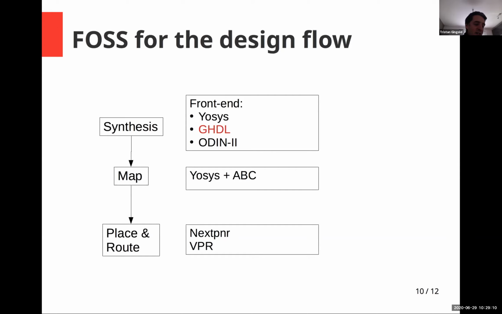For the ASIC flow, it's much more complex and I would say less advanced. The problem with ASIC is that everything that is advanced is completely closed and well guarded by the foundry. So it's difficult to do any open source without signing an NDA, which is a little bit antinomic.